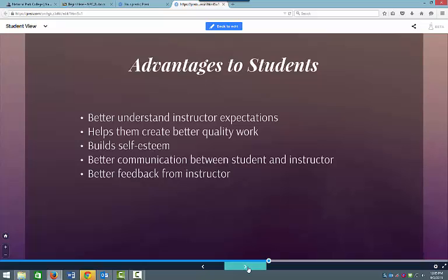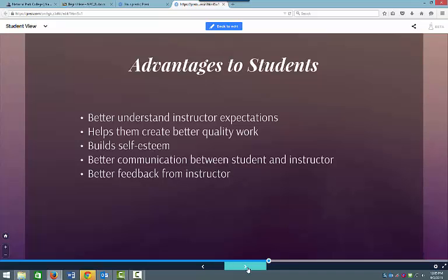If I'm having problems with an assignment and I have a rubric, then I can pick the part of that rubric where I'm having problems and take that to the instructor and ask more specific questions. A lot of times without a rubric, when I give an assignment, they'll say, I don't understand. And I go, okay, what is it you don't understand? And they can't even articulate what it is they don't understand, where the rubric helps them break it down